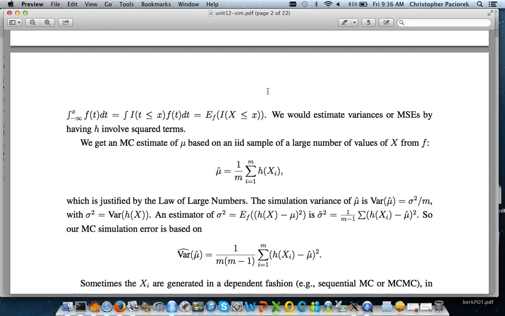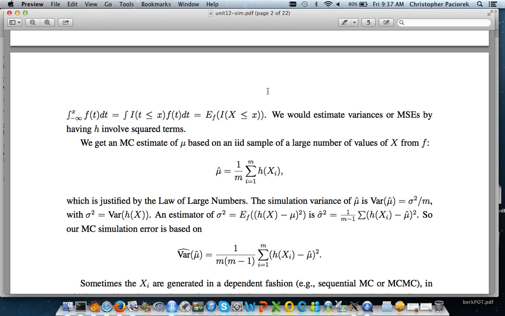This is sort of the most straightforward statistics problem that we generally see. We know what the variance is of this. This is just going to be some sigma squared, the variance of h of x, divided by the number of, in this case, data sets, the number of samples that we have. Right? So this is just the usual